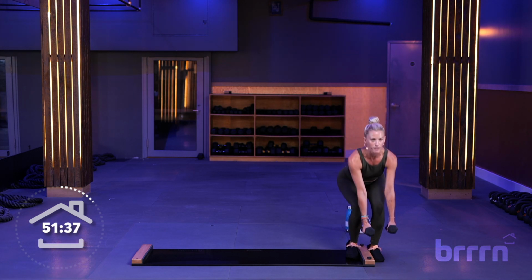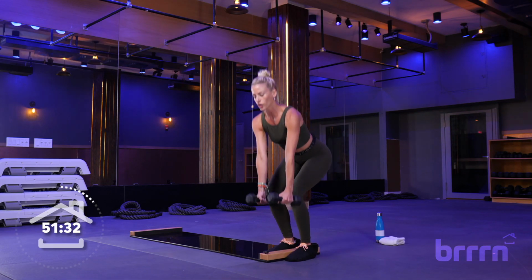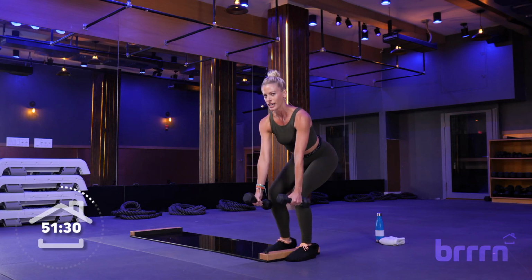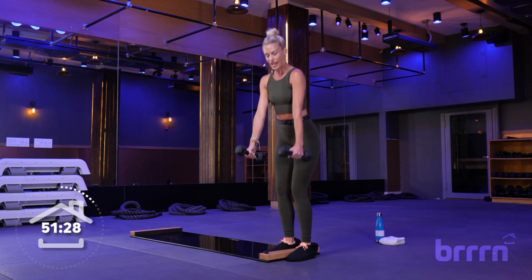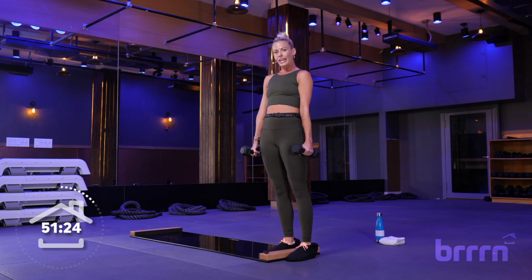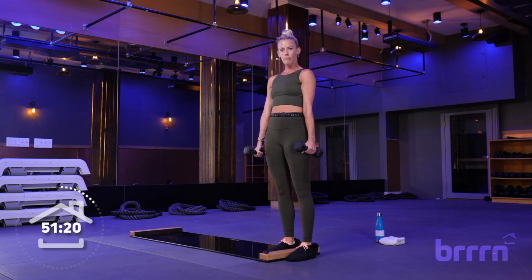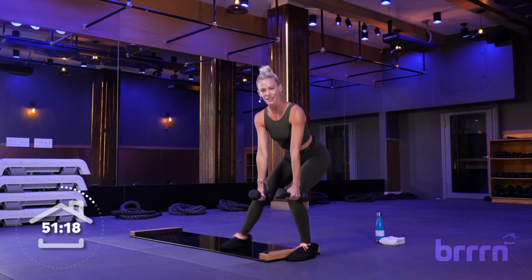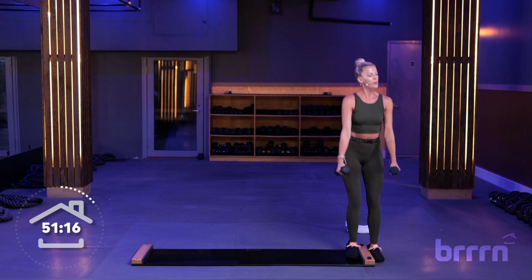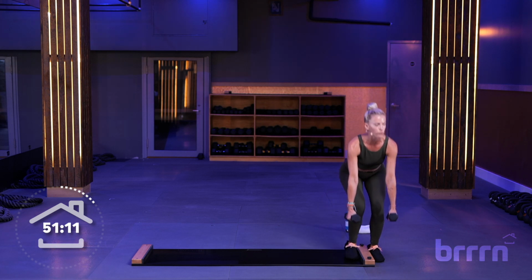We're gonna be here for about a minute. As you're doing this, I want you to imagine your board is not actually slippery. So you have to really push from the outside edge of your foot to create some tension. We'll start to feel the inner thighs waking up quite a bit here by keeping those toes parallel. Sometimes we have a tendency to turn the foot out. Try to avoid doing so, and just allow your toes to face forward so you can really get into those